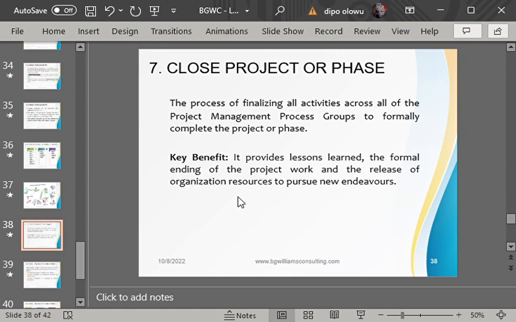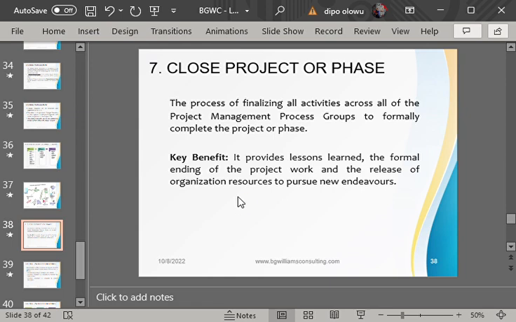So in short, you may have completed all the technical work, all the programming, all the integration, and everything is working. You may still not be able to close the project. So closing a project is not only when the technical work has been completed. Take note of that. All right.